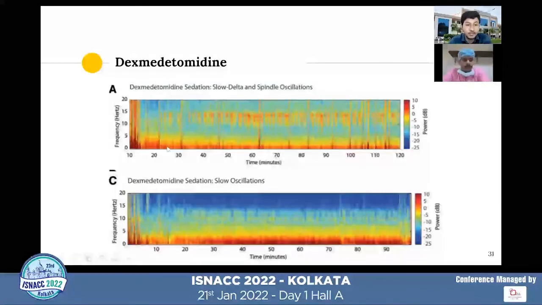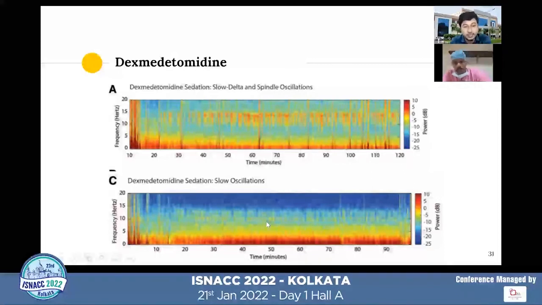Now coming to dexmedetomidine, the signature is dose dependent. This pattern shows at a lower concentration, at around 0.6 microgram per kilogram per hour. Here we can see delta oscillations and other waveforms seen in 10 to 15 hertz. This pattern looks like that of propofol alpha oscillation, but it is not propofol's alpha oscillations. These are sleep spindles. In the propofol signature, those frequencies are continuous. Here it's not continuous. These sleep spindles last for 1 to 2 seconds only. So this is a signature of dexmedetomidine at around 0.6 microgram per kilogram per hour.